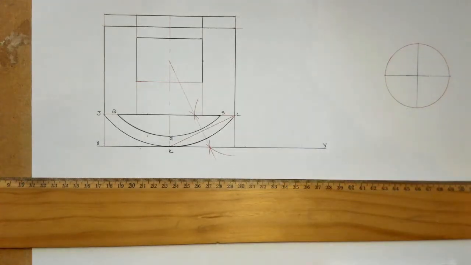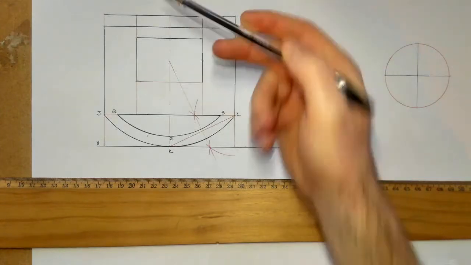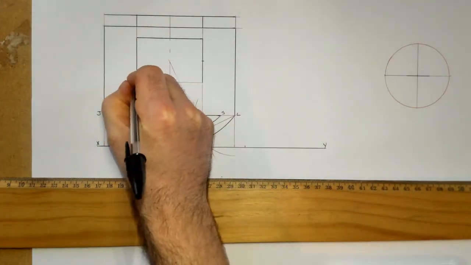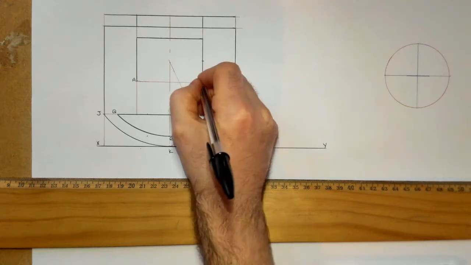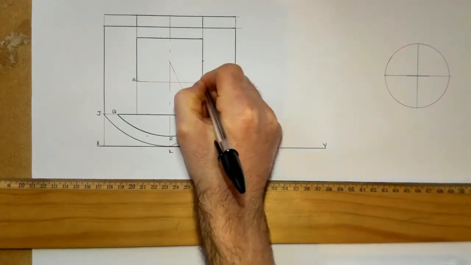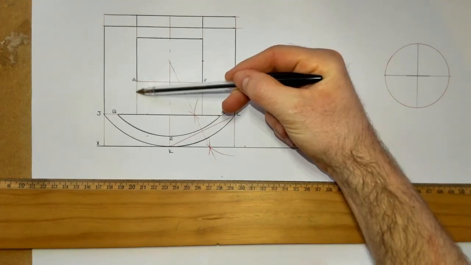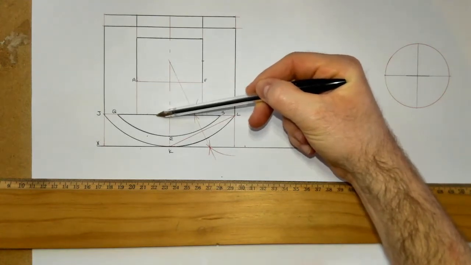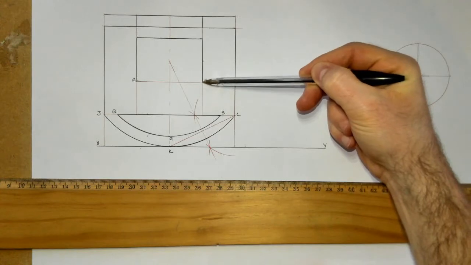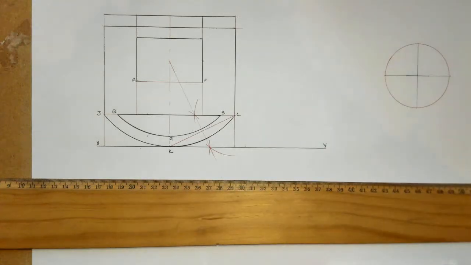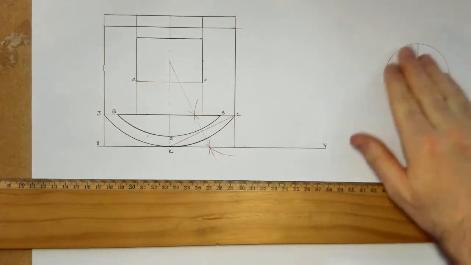And now what I have to do is, from this point right here, this technically is A. And I've also found F on the opposite side, which is right here. So what I need to do is complete the semi-octagon, connecting A to B to C somewhere down here, to D, to E over here, to F. And to be able to do that, I'm just going to use over here just for a little bit